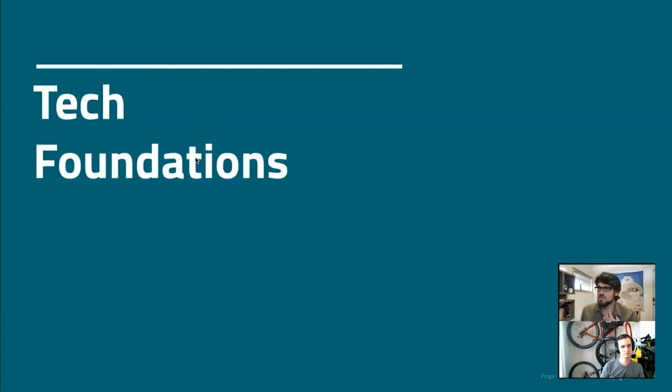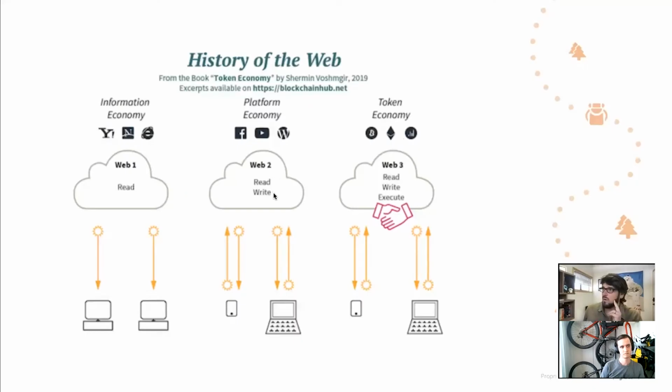So first, we're going to talk through some of the tech foundation. What's going on here? To start with that, I wanted to show this infographic that walks through the evolution and history of the web. The first version of it was like you create a web page and you get something back. It was very read-only; that's all you could do. The next version was that you could put things on it. You can make a Facebook post, you can make a Twitter post, you can put something on YouTube,